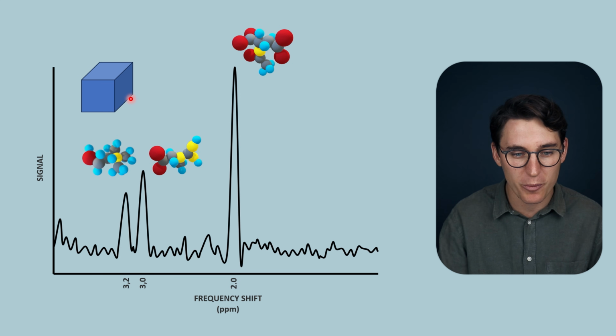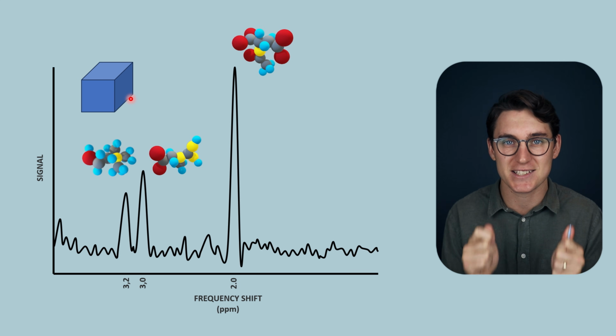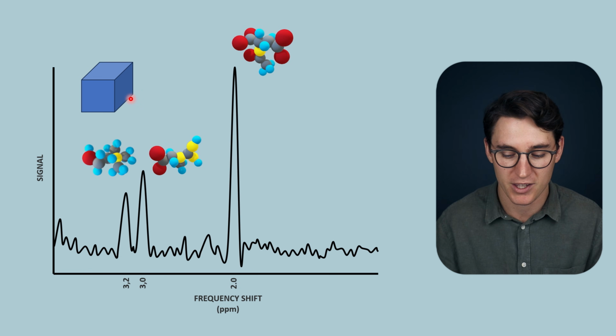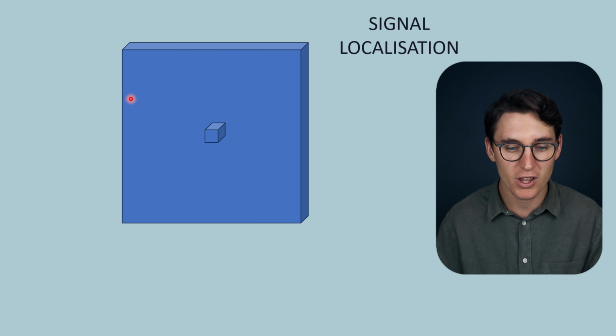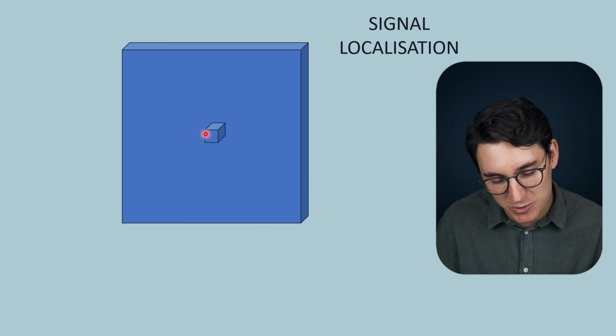So how then do we go about selecting a specific voxel from a slice? Well, this is the MRS sequence that is specific to MRS imaging and not MRI imaging. The predominant sequence that we use, I'm going to go through now. If we were looking at a slice of tissue here and we wanted to look at this voxel specifically, we